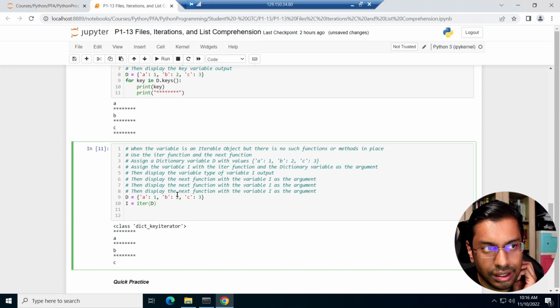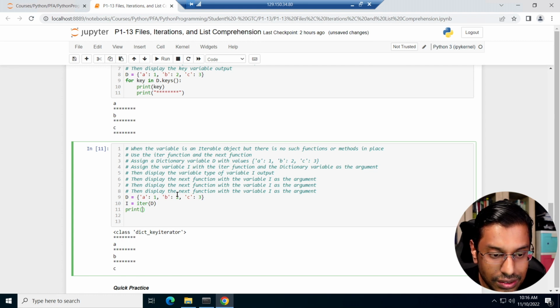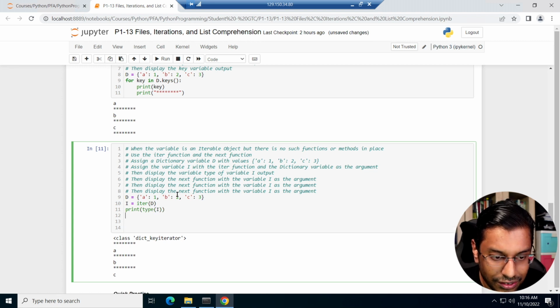And we are going to iterate through this dictionary variable. So now the system already knows that we have passed in a dictionary variable into the iter function, and then it's assigning it to I. And then now we're going to print the type of I to show you what it is first, right? And then I'm going to print,